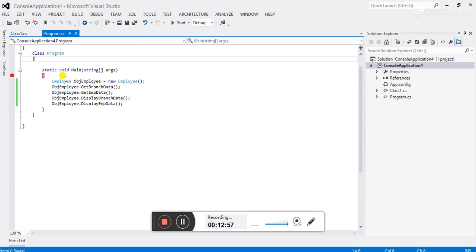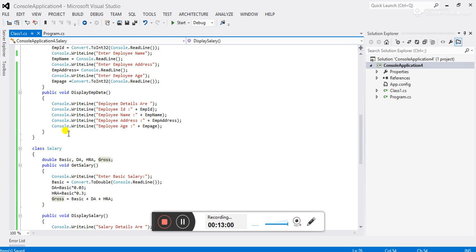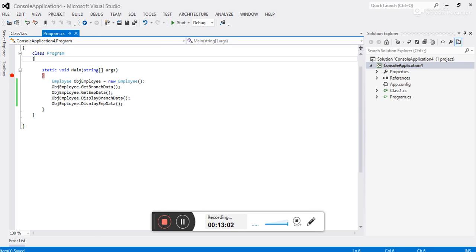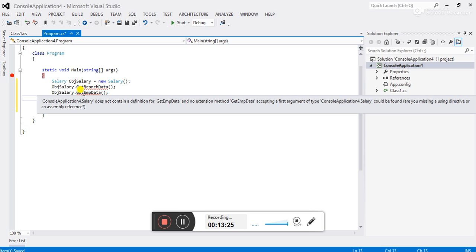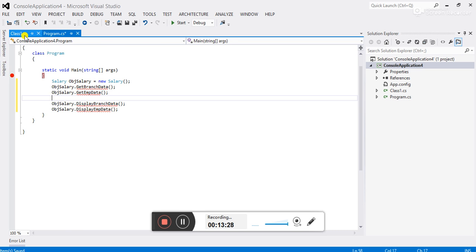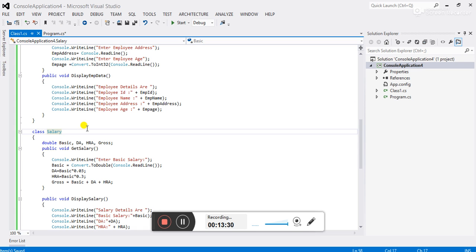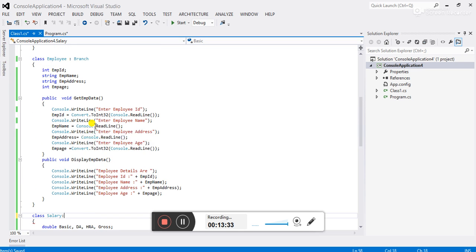So let's create the object of the salary class. Let's inherit the employee class.